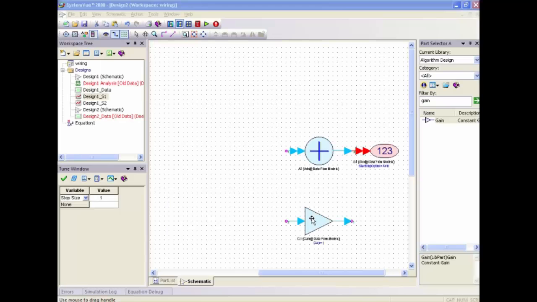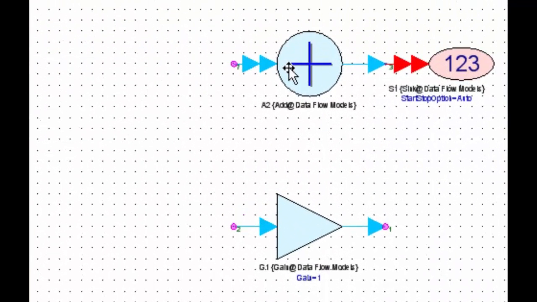Let's review initially the concept of a multi-port part versus a single port part, or a multi-input part versus a single input part. So here you can see on my schematic I have two basic components, a multi-input or multi-port adder and a single input gain block. You immediately should see that the single input or single port parts have a single arrow that represents a single connection to its input versus a multi-port input which has a double arrow at its input, denoting it as a